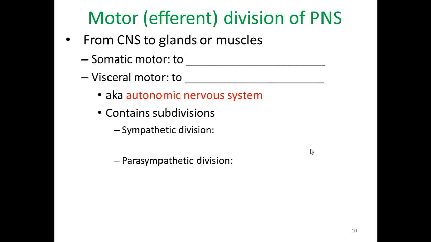The autonomic nervous system, or visceral motor division, does itself have two subdivisions called the sympathetic and parasympathetic divisions. You might have heard of these in a psychology class because they're often spoken about in psychology classes too. The sympathetic division is often called the fight or flight division because it helps your body to prepare to run away or fight off some sort of threat. So the sympathetic division will send signals to your heart, increasing your heart rate, and it'll send signals to your lungs, increasing your respiratory rate. And all of this is to get your blood pumping so that you can better fight off or run away from some sort of threat.